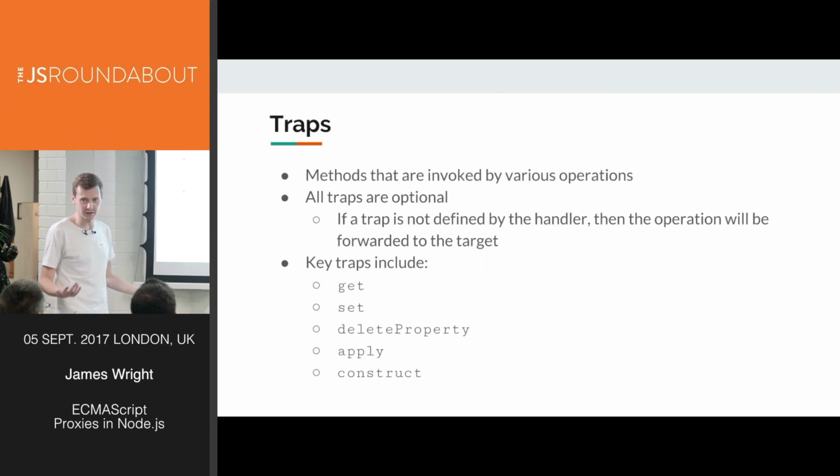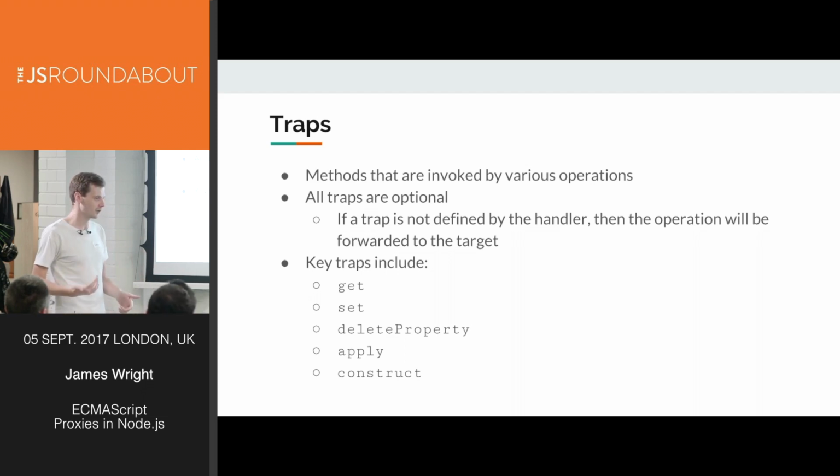So, as I've just explained, they're invoked by various operations. It's important to reiterate all traps are optional. So if a trap is not defined by the handler, say you have a get but you don't have a set, and you set a property on a proxy, that by default will fall back to the regular operation on the target object,